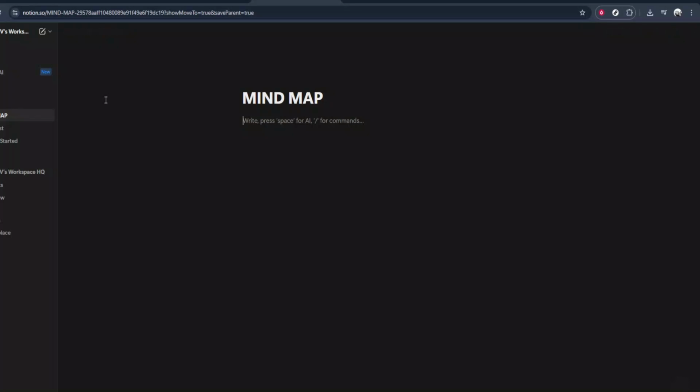In today's video, I'm going to teach you how to create a mind map in Notion. Whether you're brainstorming, organizing a project, or simply jotting down ideas, mind maps are a fantastic way to visualize and structure information. Let's dive in and see how you can craft your own in Notion, a powerful tool for personal